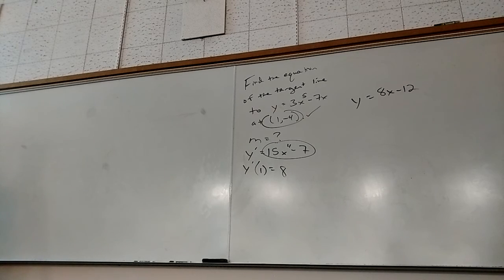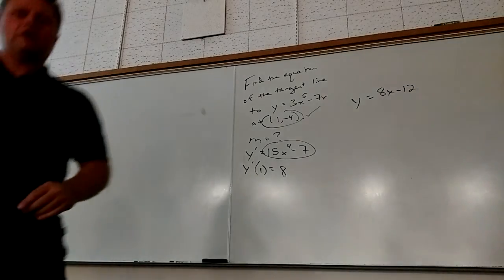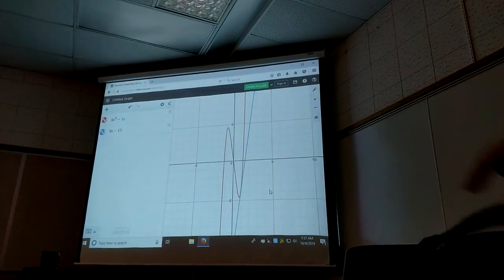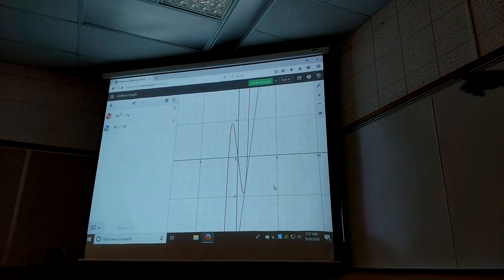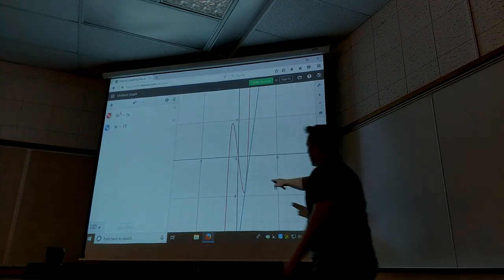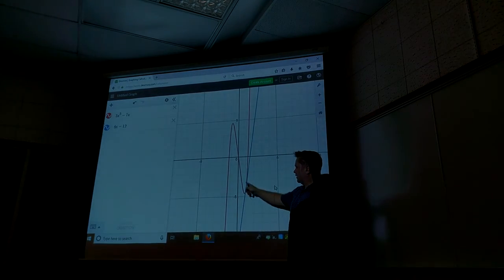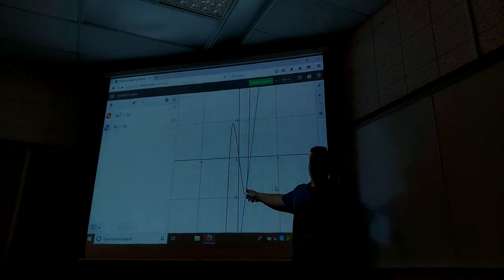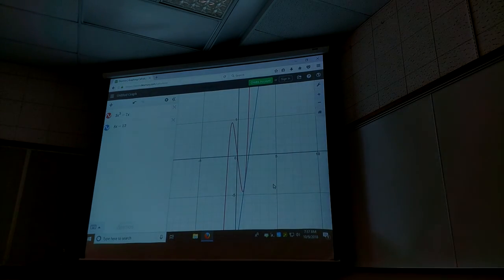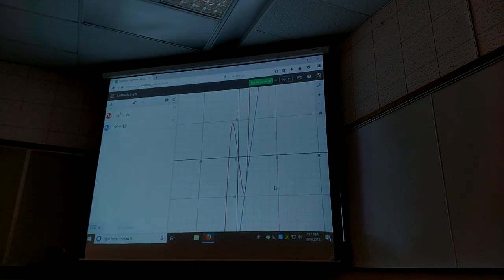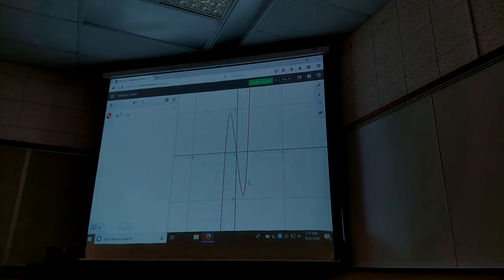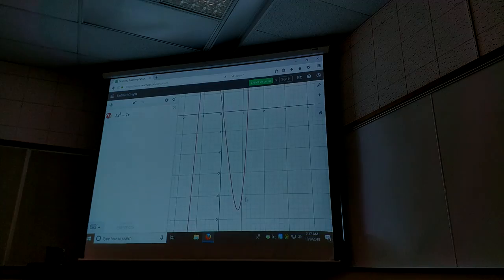Now, much more importantly, what section 3.10 does is it makes it very much in your face something that we said kind of quickly earlier this semester. The tangent line is this function for things close to that point. When I zoom in, let me take that tangent line out of there. If I take this out, go away, tangent line. And I zoom in on the point (1, -4),